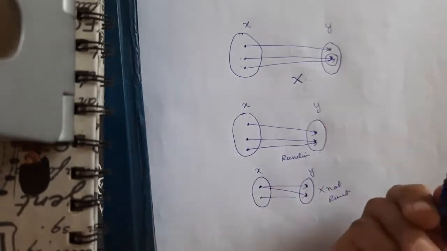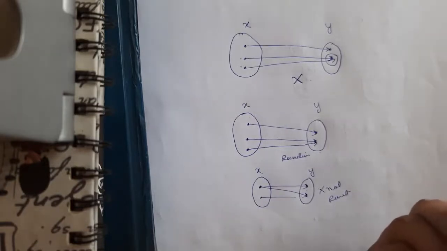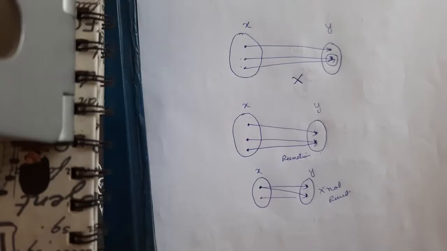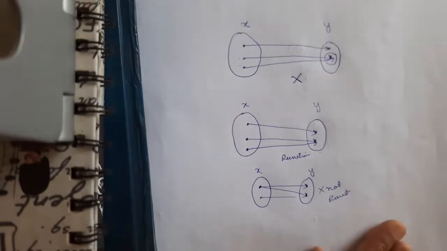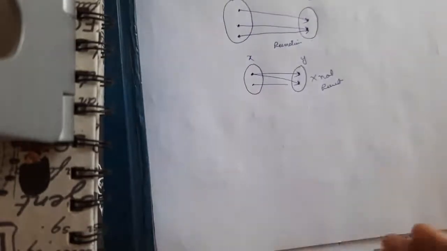So a simple example we can see is the fan and the switch. This is also a function. So if you want to turn on the fan, then you need to press the switch button. You just can't go to the fan and revolve it and then say that okay, the fan is on. No, if you want to turn on the fan, you need to go to the switch, you press the button, then some electricity is generated and you exactly get the output, one output. If the switch is on, the fan is on, the switch is off, the fan is off, right? So that is a function, simple and basic. So I hope you understand what a function is.